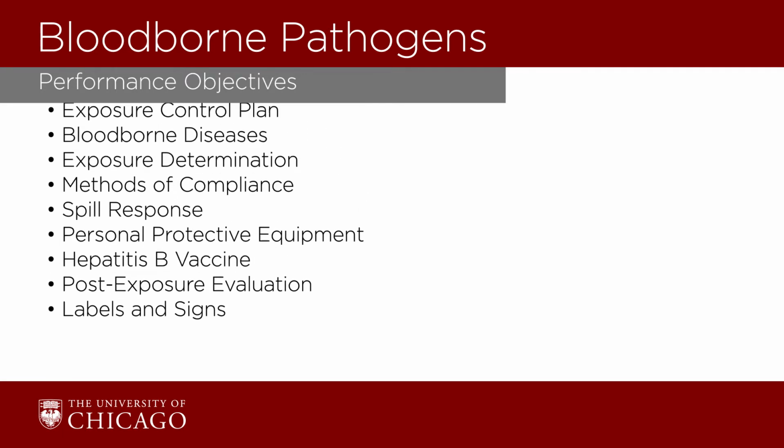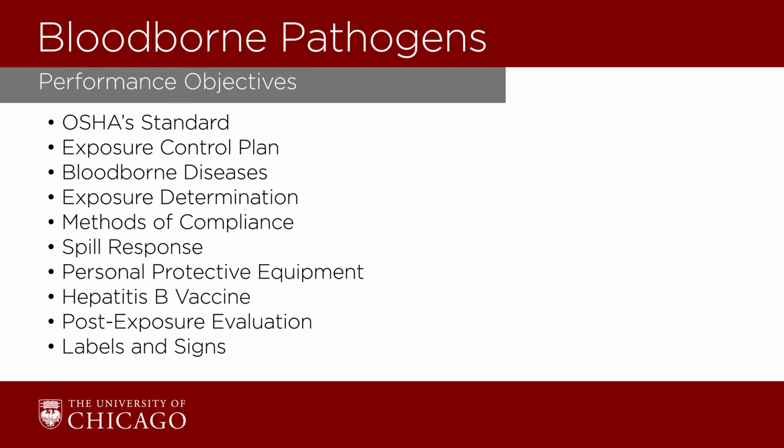The objectives that will be covered during this training session include the regulatory requirements for bloodborne pathogens as mandated by the Occupational Safety and Health Administration, the university's exposure control plan, including responsibilities of university personnel to meet OSHA's requirements, examples of bloodborne pathogens and their diseases, including the two primary pathogens discussed at length in OSHA's standard,